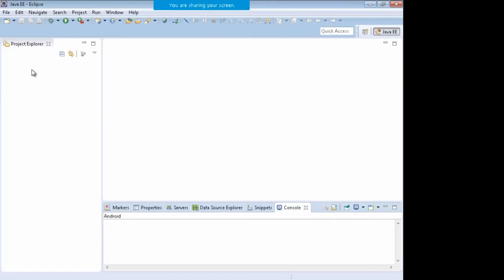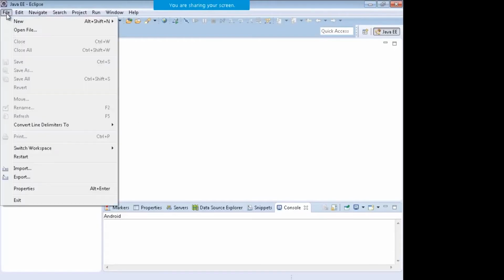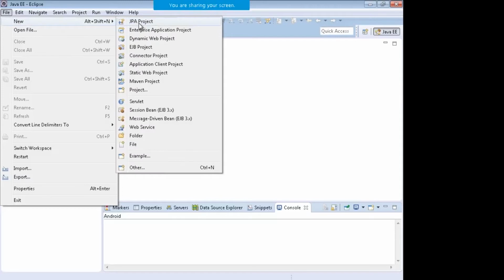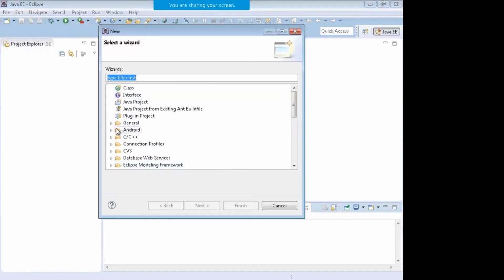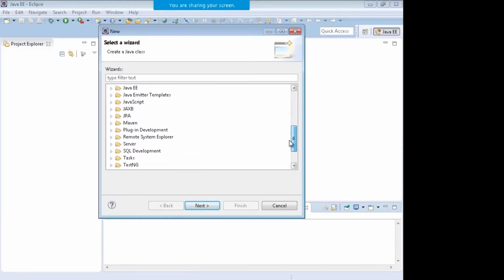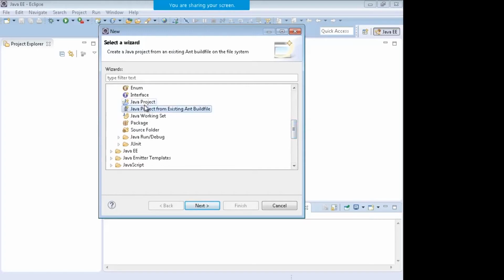Now you need to create a new Java project. You go to File, New, Other, and under the Java section you can see the option to create a new Java project.